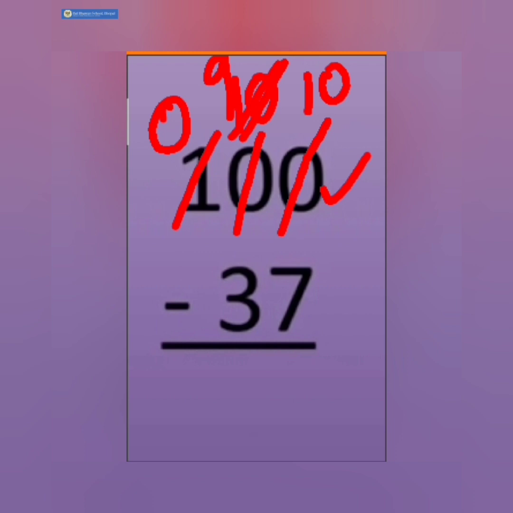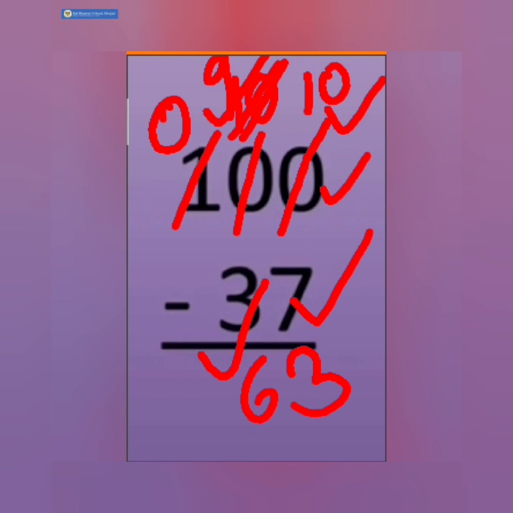So we are going to take away 7 from 10, 3 from 9. Okay. So 10 minus 7 would be 3. 9 minus 3 would be 6. 0 has nothing to deduct from, so we will bring it down or leave it. So the number is 63 here.